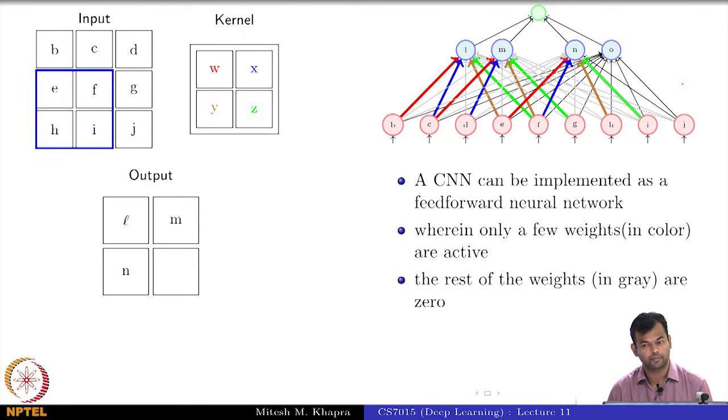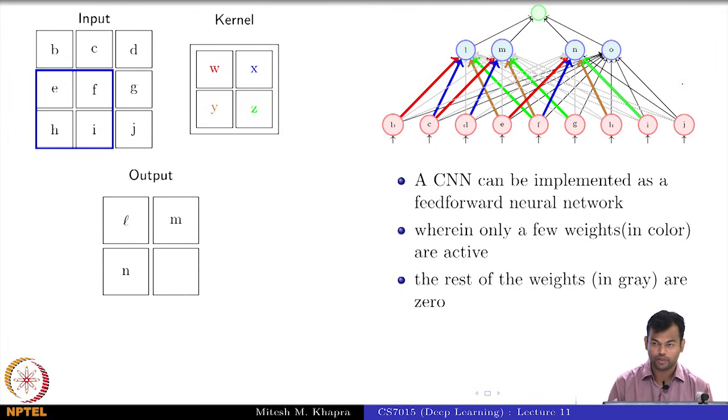Have you seen something similar before? Dropout, right? So if you could do that, you can do this also. So now if you take this view of a convolutional neural network, this is just to give you an intuition or make you feel confident that once you know the backpropagation algorithm, there is nothing much different from training a convolutional neural network, okay? So everyone is fine with that. How many of you agree that you can actually train using the same algorithm with some smart coding required to make sure that these weights are not active and so on?